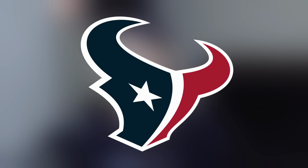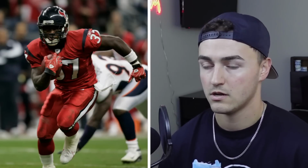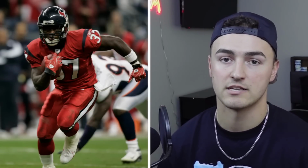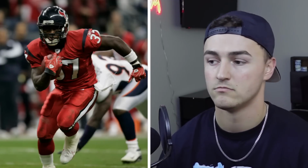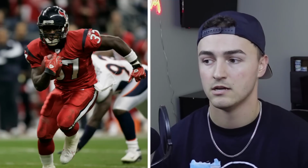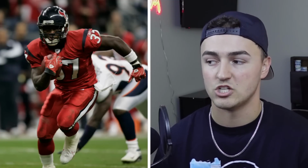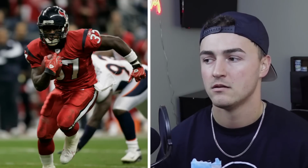Then we have the Houston Texans 2007 Battle Red uniforms. The Texans are the youngest franchise in the NFL, with their inaugural season being in 2002. Shout out. So since they're so young, they've essentially had no uniform changes up until the 2024 offseason. The only thing that's really changed is mixing and matching and the addition of Battle Red on the uniforms. I don't dislike the Battle Red, but the